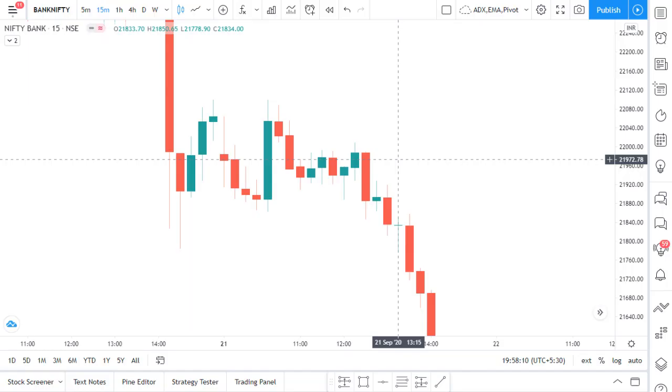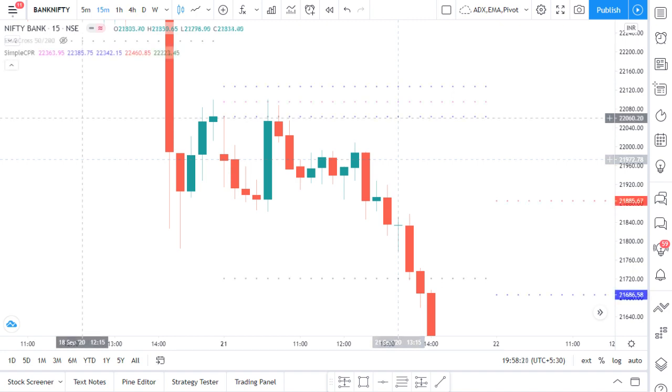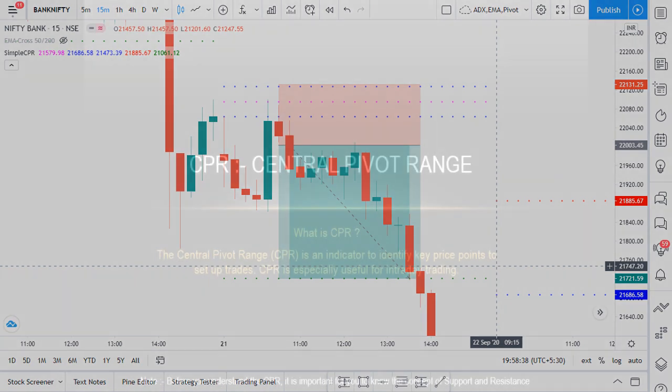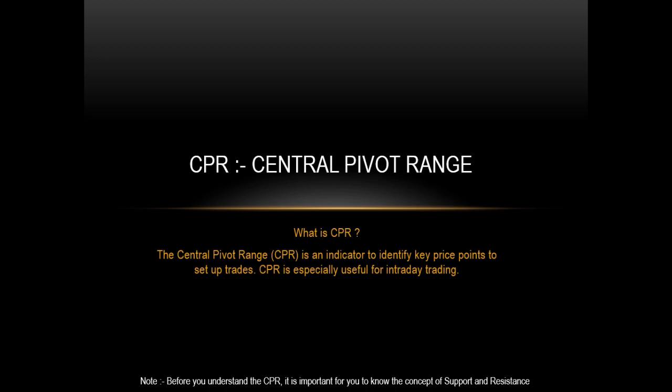I am Sharath. In today's video, I am going to show you a simple strategy using the most powerful leading indicator, CPR. Price is the first and best known indicator on our charts available for us. CPR being the leading price indicator, we will learn how to trade this indicator with a simple strategy.